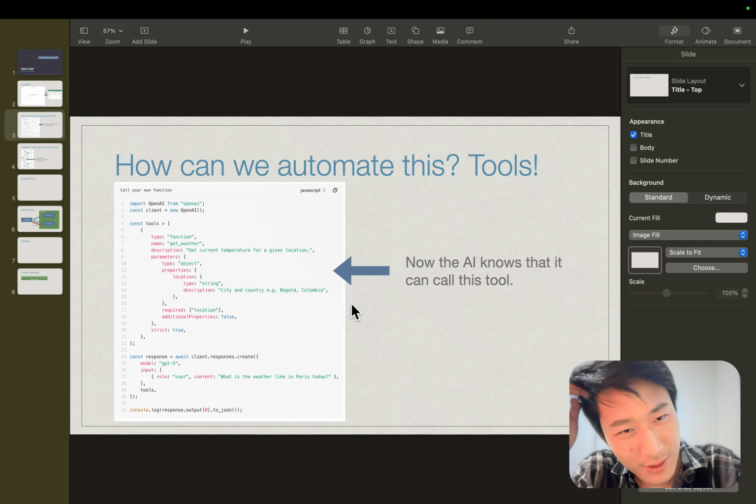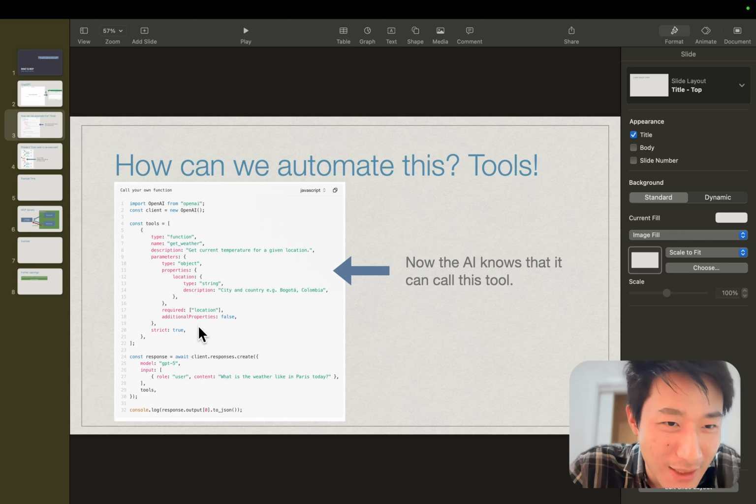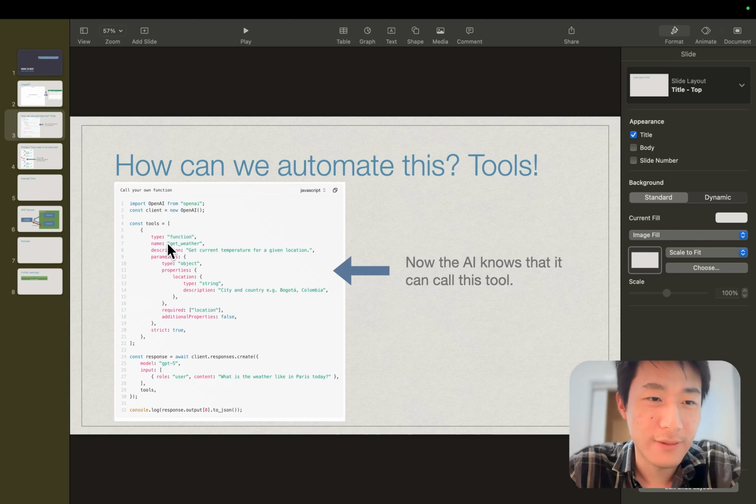I mean, we as in the AI community. The idea of tools is you have a list of actions that the AI can perform, and then you simply provide that list into the AI's input, and now the AI knows, okay, one of the actions I can